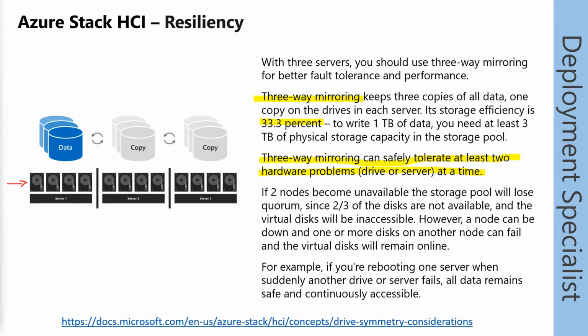To keep the pool online, we need the majority of the disk drives. This means 50% plus 1 additional vote, and this vote is provided by the pool owner. This is 1 server in the cluster, and this server is held dynamically. And to ensure that we don't lose any data, it's important to not